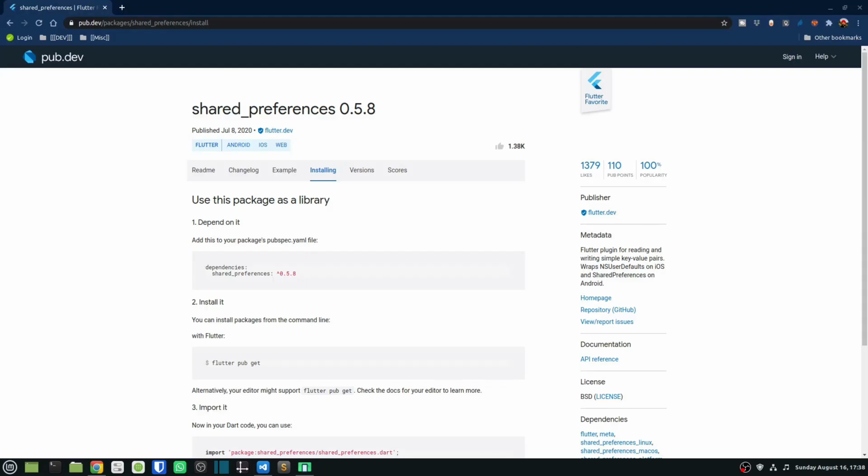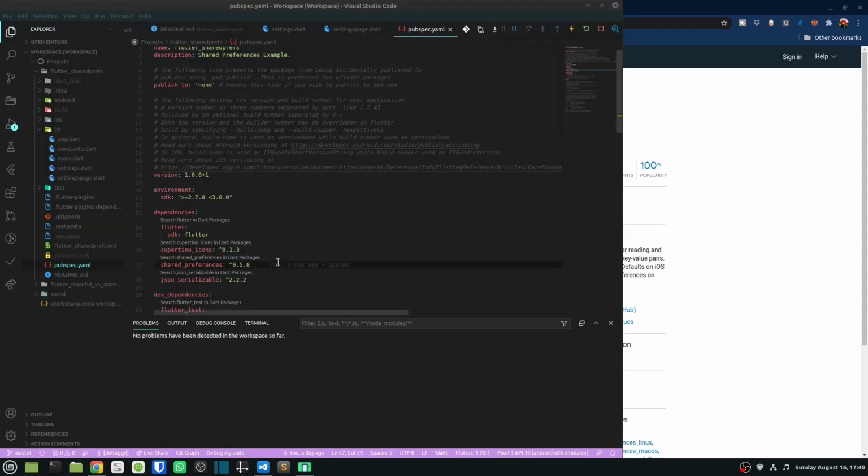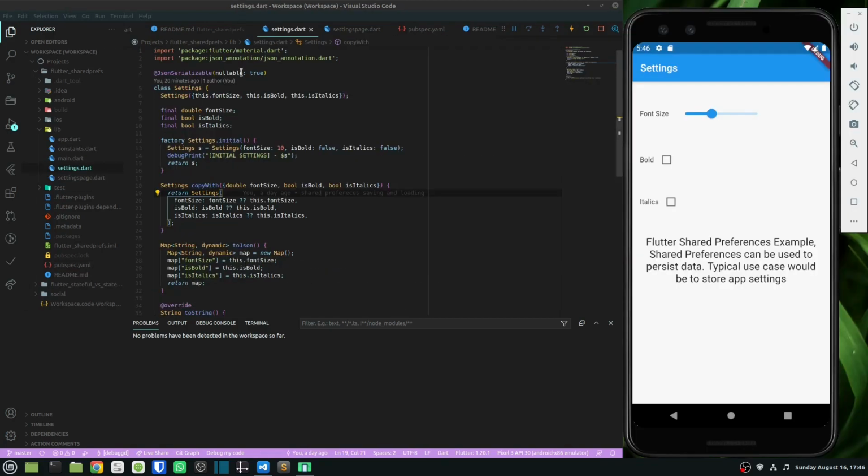The first step that you need to follow is to install the shared preferences into your pubspec.yaml as a dependency. So in my pubspec.yaml file, I have referenced the shared preferences as a dependency. Next up, I have created a class called settings, and this class represents the settings that I need to persist. So it contains font size, bold and italics parameters.